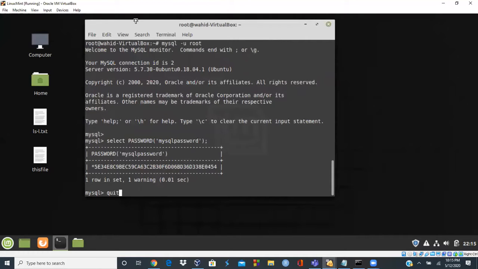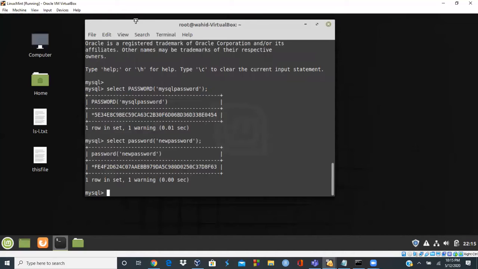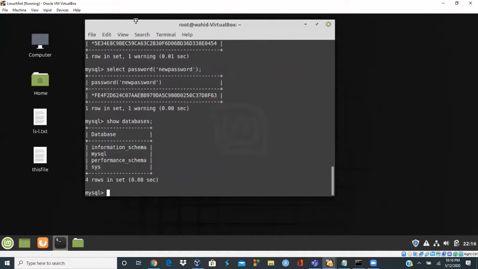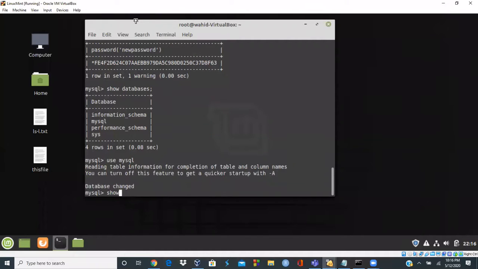And then if I just do this one, SELECT PASSWORD and then put a new password, obviously every word that you put, you get a different hash code. And that was the one that I wanted to use. If I say show databases, it's showing all the databases. mysql is one. So then I say use mysql, and then I say show